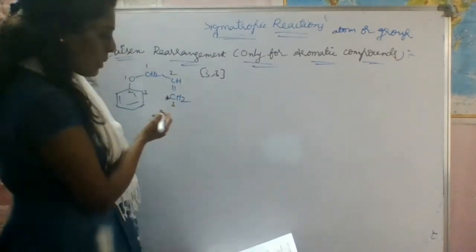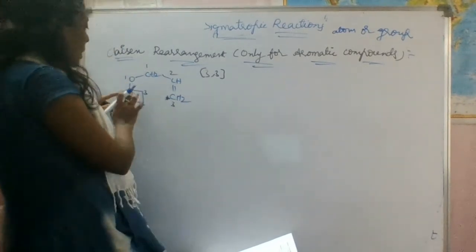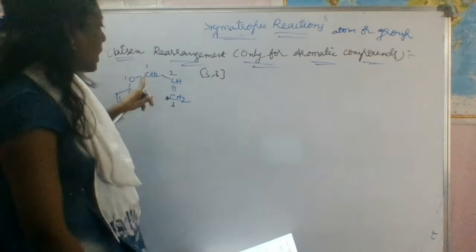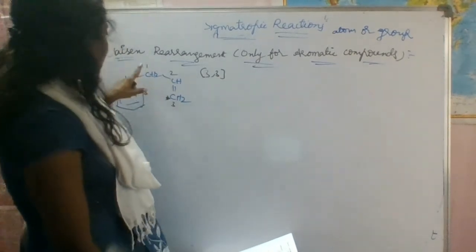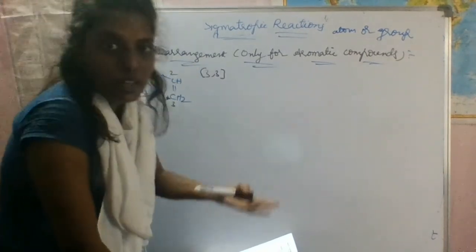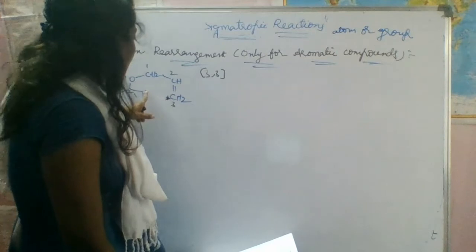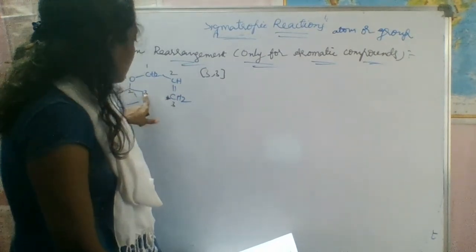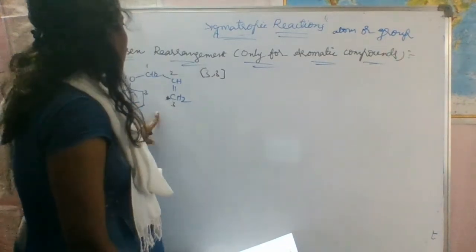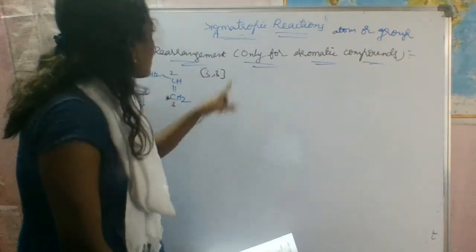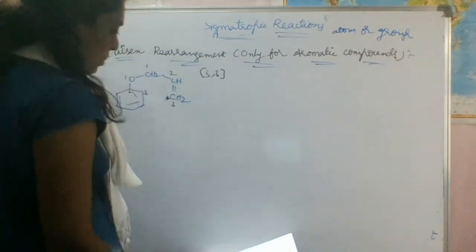So this is about this one. That is the only difference, because here we have to take the aromatic compound and give the numbering 1, 2, 3 and 1, 2, 3. Do you know very well what the 3,3 sigmatropic rearrangement is? It means a new bond is formed between 3 and 3, so it is called sigmatropic, right? This occurs in aromatic compounds, so that's why it is called Claisen rearrangement.